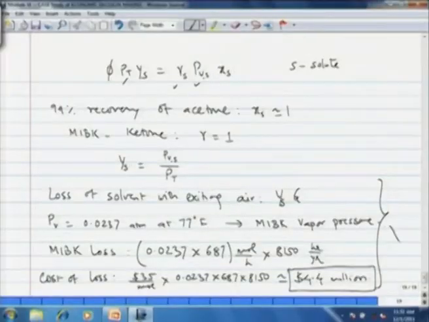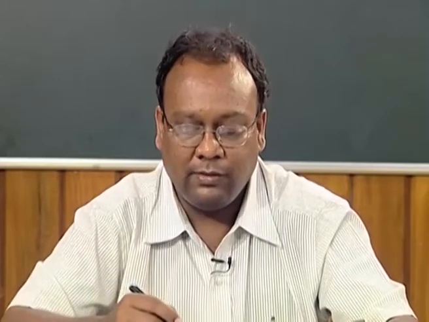We estimated the economic potential of the process in the previous lecture as something like $1.4 million if we recover all of the acetone that is exiting. And now, comparison of these two figures would immediately tell you that the use of MIBK as solvent is going to kill the economy of the process, because the solvent loss will be almost 3 times the cost of the recovered acetone, and therefore, we cannot afford use of MIBK as a solvent for the process.